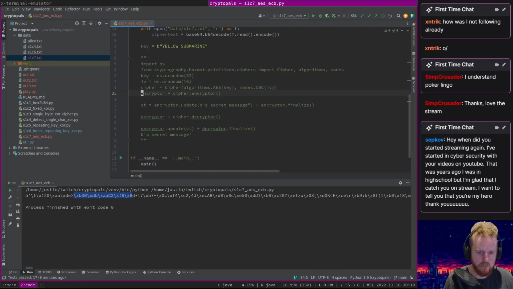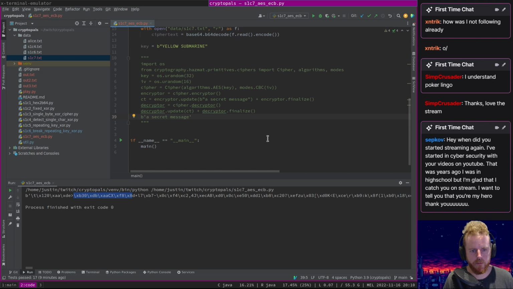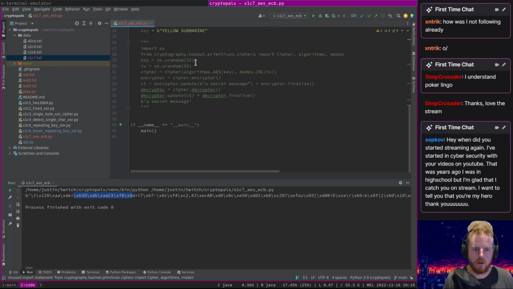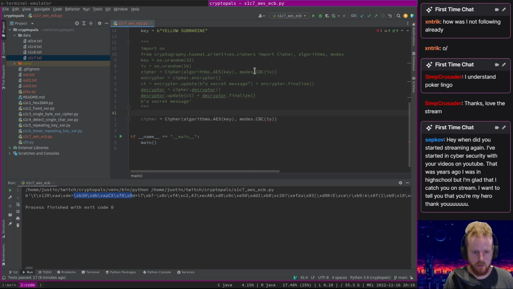Gross. Better. I'm going to yoink this import and put it up here. I'm going to yoink this cipher. Cipher equals cipher